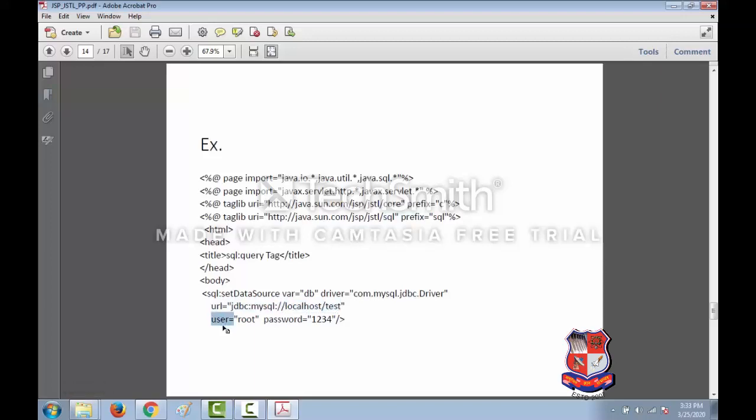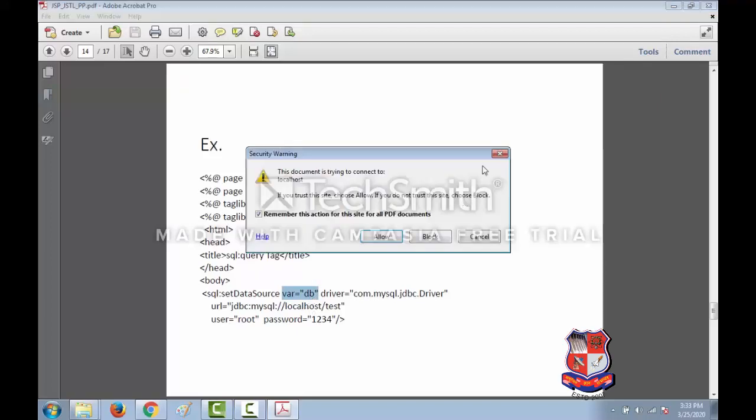Then we have to specify the username and password we used when we created the database. So this is how we can establish the connection with the database by providing the driver name, URL, username and password. Now all this information we are going to access by using the variable that we have specified, that is db.